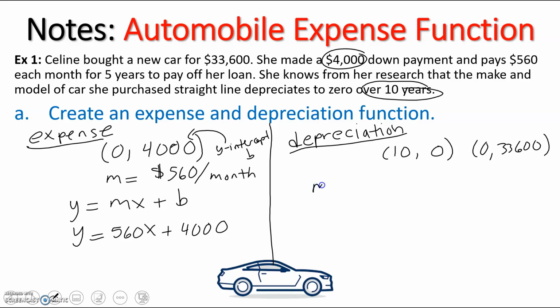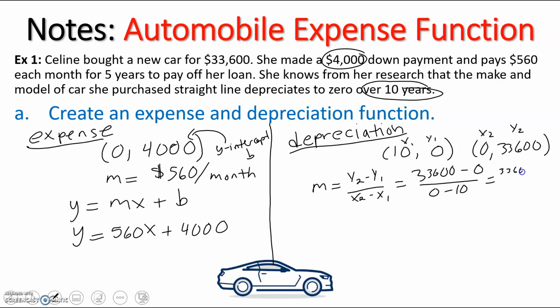Let's start by finding our slope. Remember, our slope is y2 minus y1 over x2 minus x1. And in this case, we have x1, y1, x2, y2. So our slope is 33,600 minus 0 over 0 minus 10, which is 33,600 over negative 10, or negative $3,360. So we can say that this car is losing about